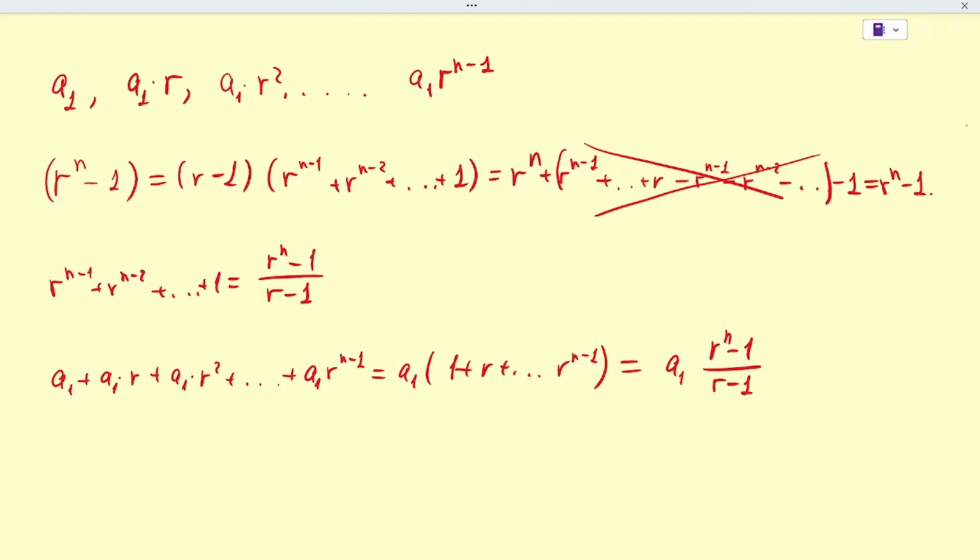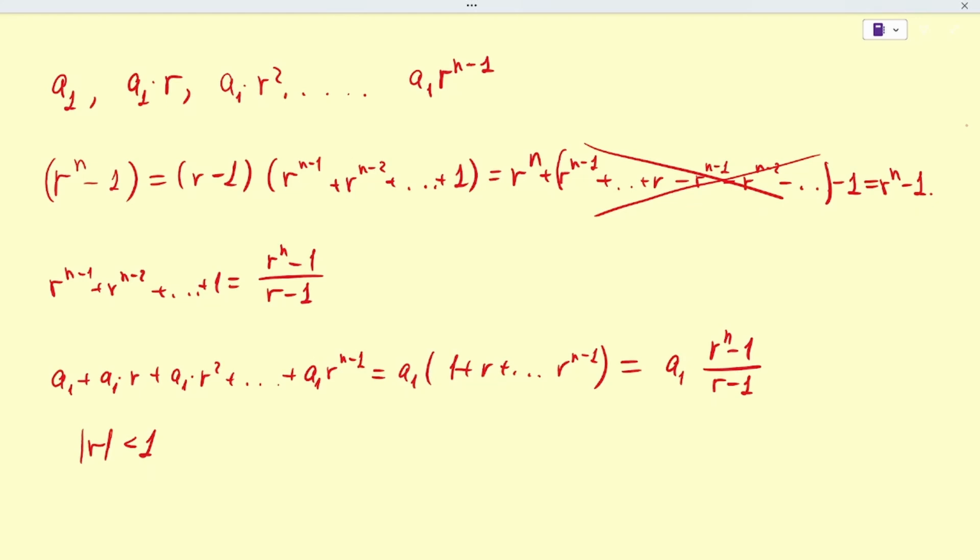Sometimes we need to compute the sum of the infinite geometric sequences, and this is possible if and only if the absolute value of r is less than 1. Otherwise, if the absolute value of r is more than 1, it's impossible to compute the infinite geometric series formula. Here,